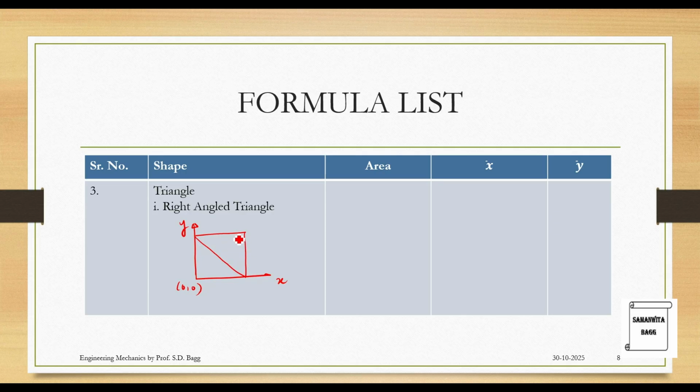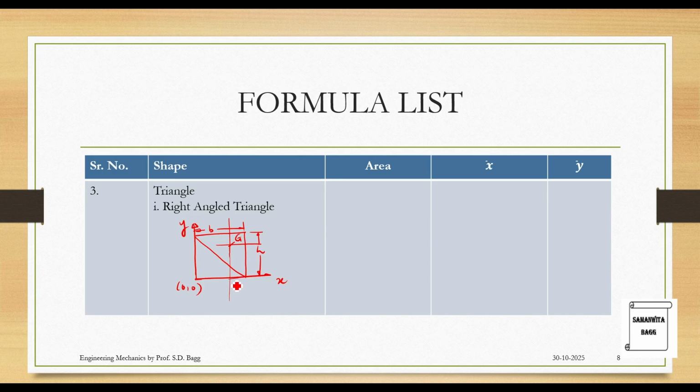This upper portion is the triangle we are talking about. So this is base B. This is height h. Again 1/3 and 1/3. So this is my G. We have to start from here, we have to reach here. So if you observe carefully, this is the distance that I need.